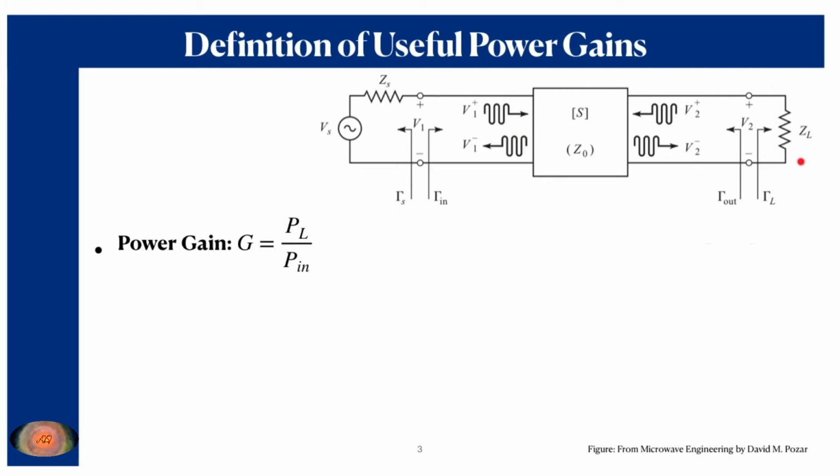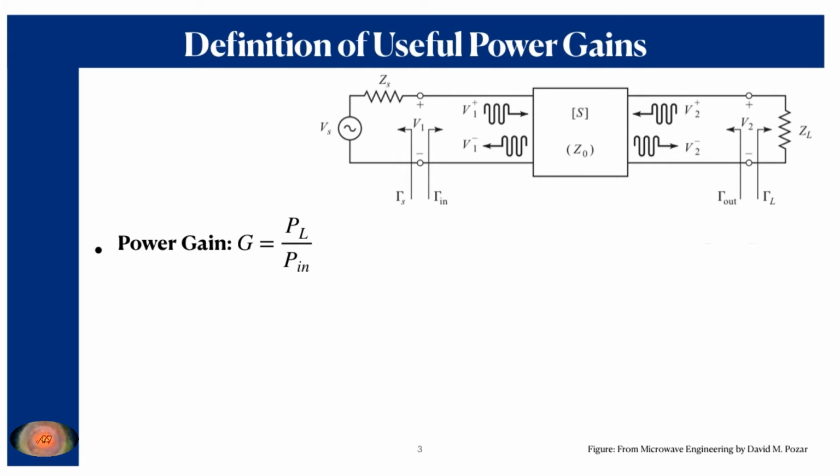On the output side, the scenario is just the reverse, because with respect to this transistor, this V2 minus is the reflected wave which is transmitting towards the load. But this one is the desired one, because the power of the V2 minus should appear across the load, and our amplifier should be designed in such a way that this power should be dissipated across the load, and we have to minimize that V2 plus,